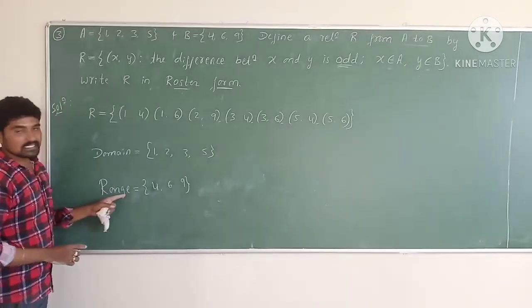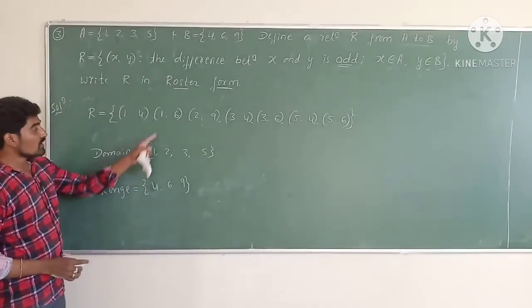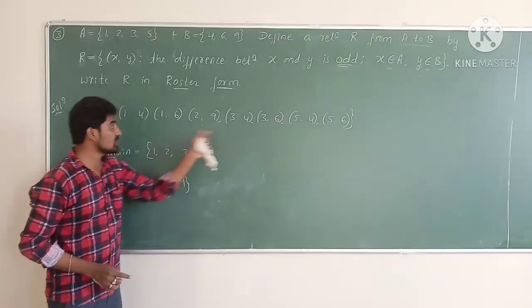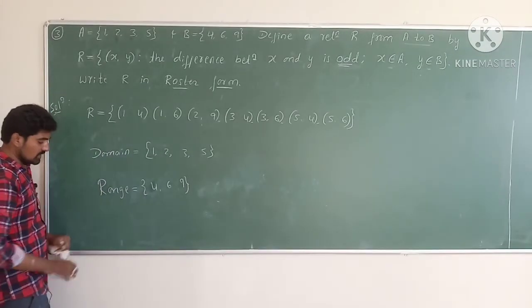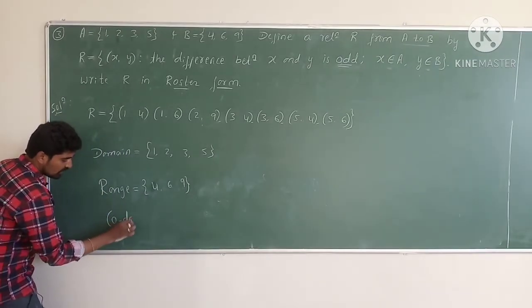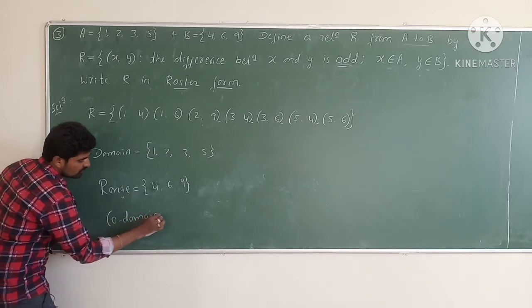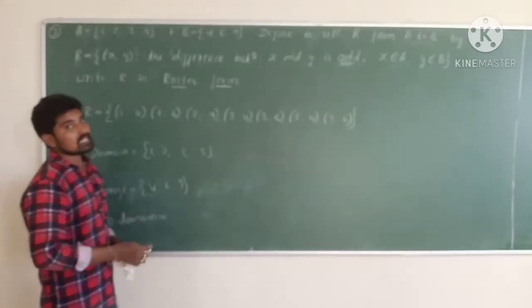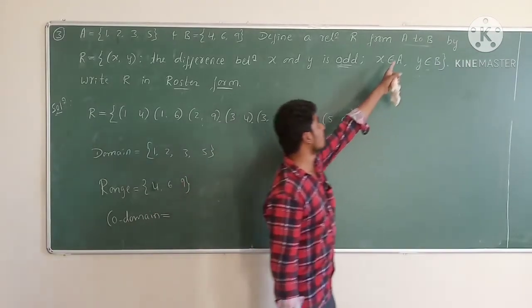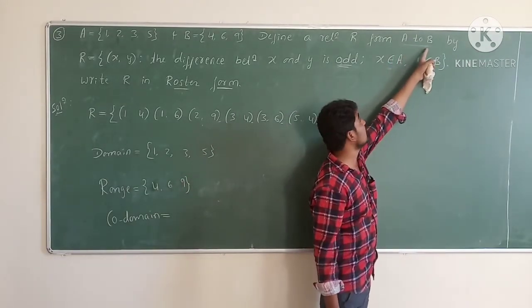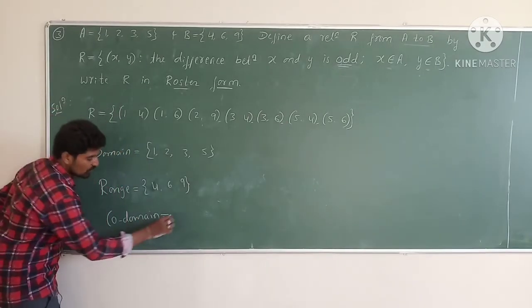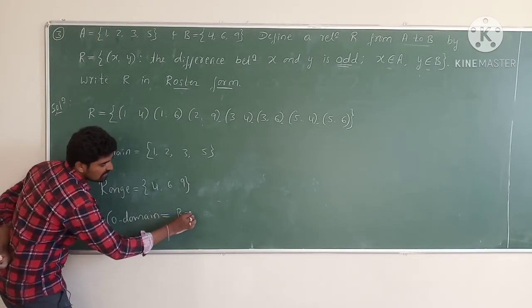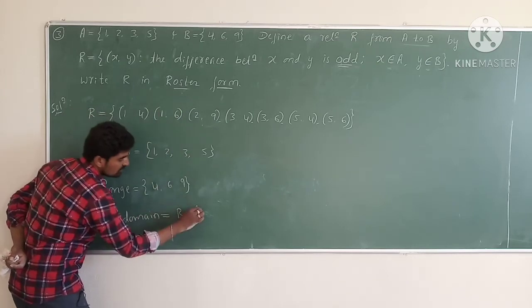Therefore range is the set of all second elements present in the ordered pairs in the relation R is called the range of the relation. Then what? Codomain. Codomain is the entire second set. Relation R is defined from A to B, and second set is B here. Therefore, codomain of the relation R is B set, and B set has the elements 4,